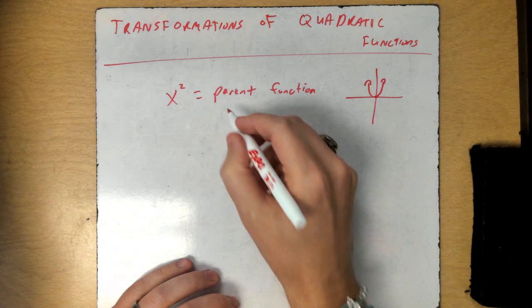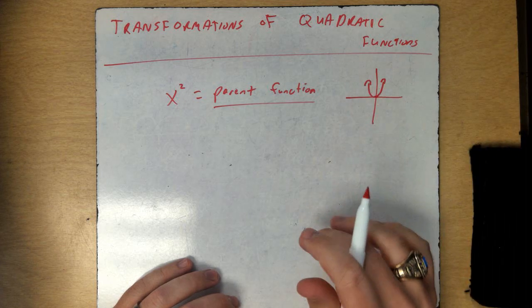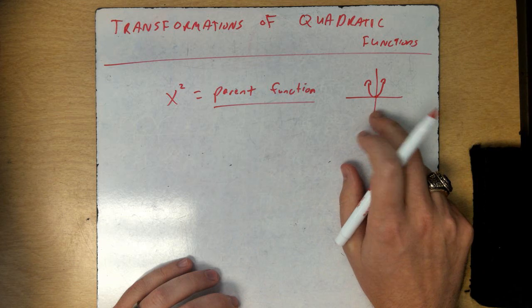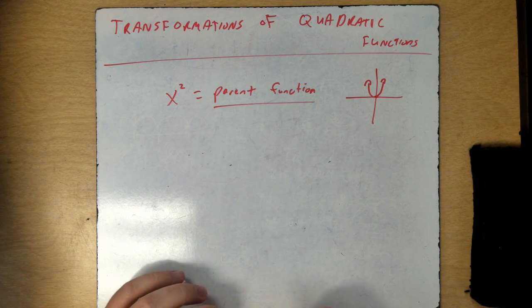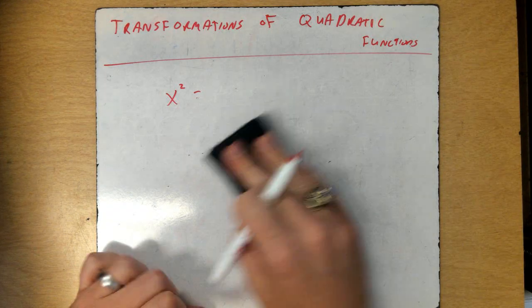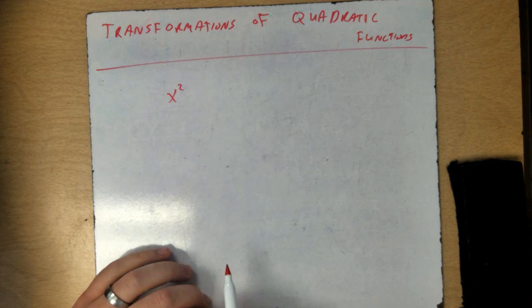And so the transformation part comes, like I said, moving this around. Everything that we do is going to be based off of our parent graph being in the middle of the graph and how we're going to move it from the middle. So I'll show you how that works out with some of the equations here. If we have x squared as our parent graph, what if we were to add